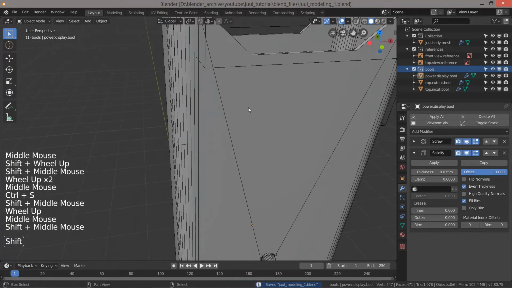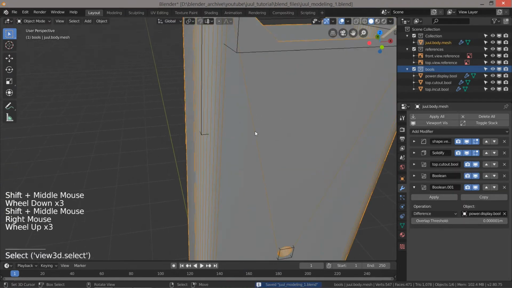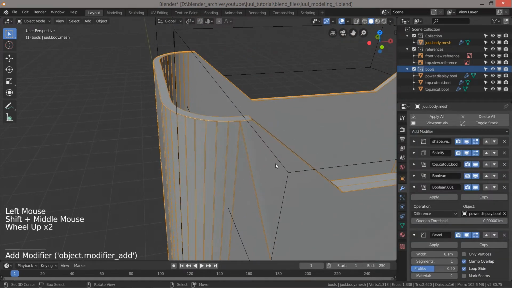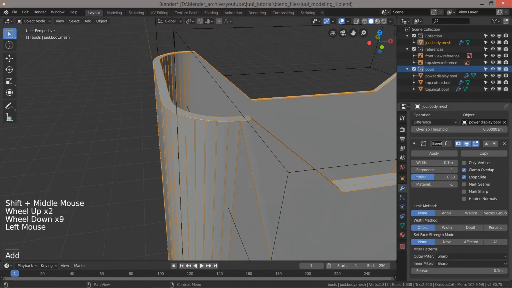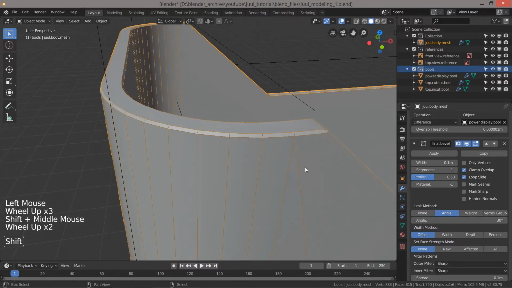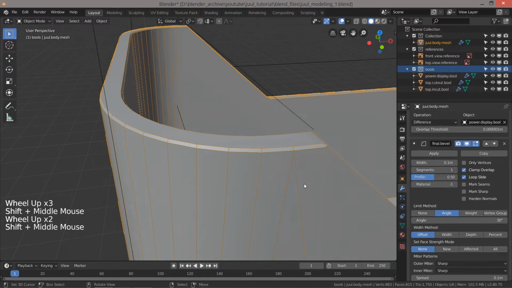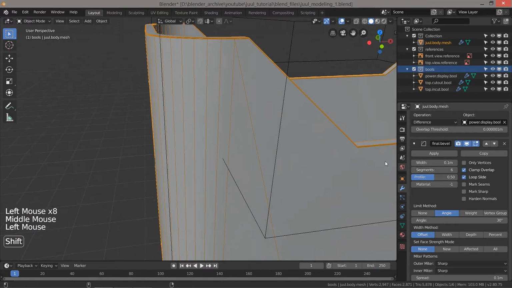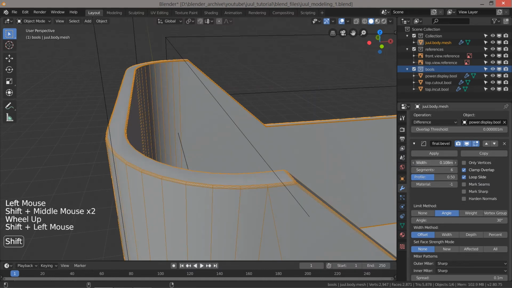So now what I'm going to want to do is smooth everything out a little bit. And I'm just going to add a bevel. And we're going to call this our final bevel. Set it to angle. 30 is usually fine. 28 works really well also. We're going to bump up our segments to something like 6. And we can play with the width, but we got to get rid of clamp overlap. Now we can really